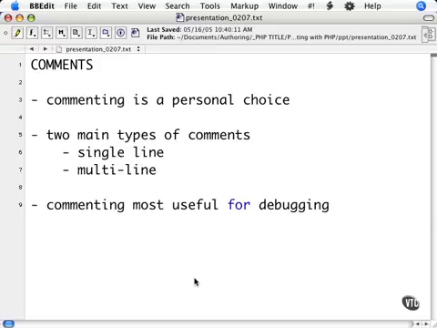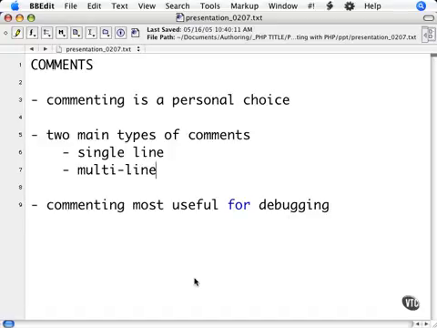As far as I'm concerned, commenting is a personal thing, and one of those personal standards that is up to you to develop. Some programmers I know comment an entire script before they lay out even one line of code. Some comment along the way with reminders or even notes to themselves, and some I know have never written one comment line in their life. It is a personal choice and up to you to decide how you want to comment.